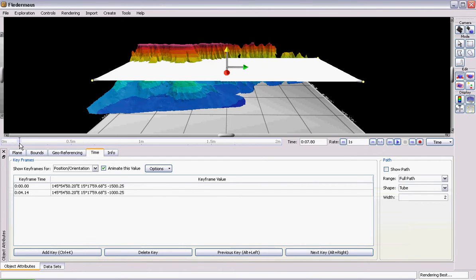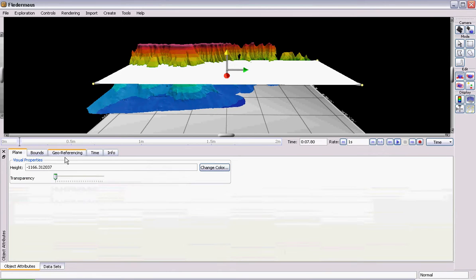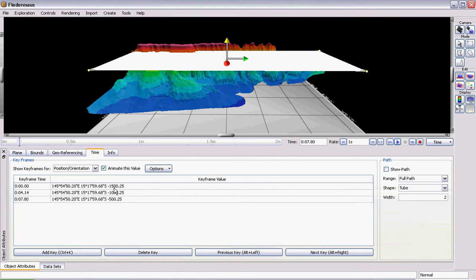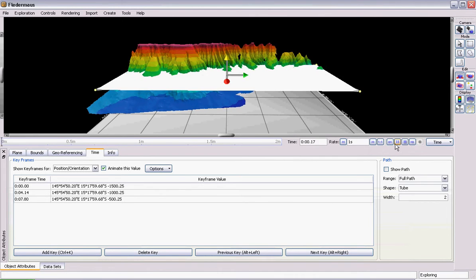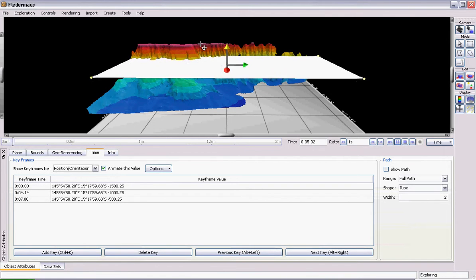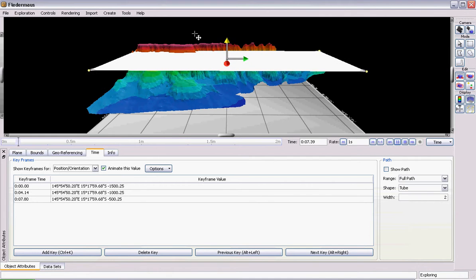Then you can just move along to 7 seconds. Just add key. You can press add key, or you can just move it and it will automatically do it. So now we just change again. We'll move to minus 500, which will probably be quite high. And then we just want to check 1,500, 1,000, and 1,500. So if we just go back to the beginning, you'll see there's this continuous movement upwards because it knows what position it's going to end at. And so it will just basically go through that